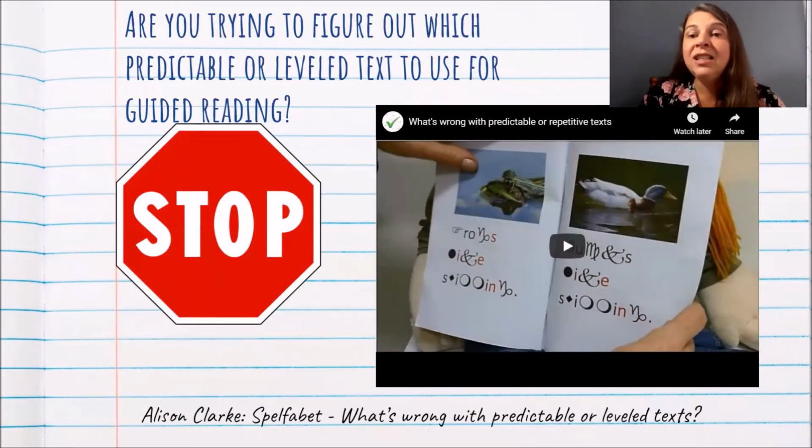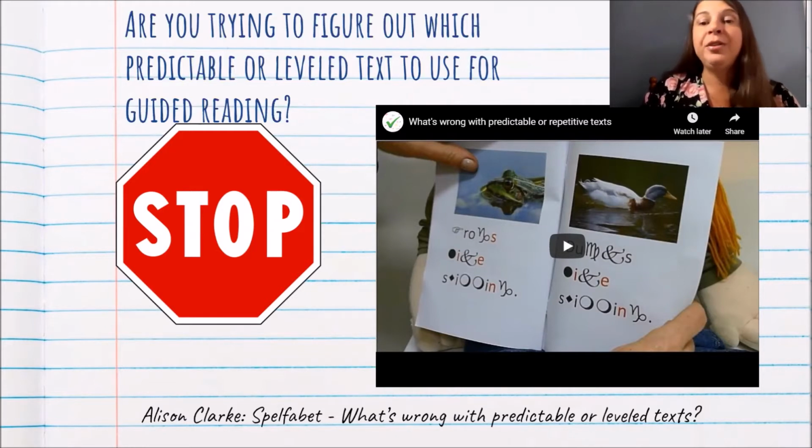If you haven't yet seen this video on YouTube, Allison Clark's What's Wrong with Predictable or Repetitive Text, if you haven't seen it, go watch it right now. It's amazing. I'll wait. Okay, now that you're back and you've seen what these texts look like to our students,